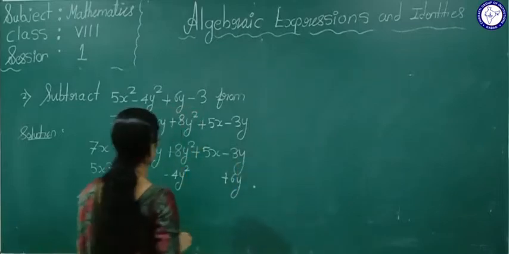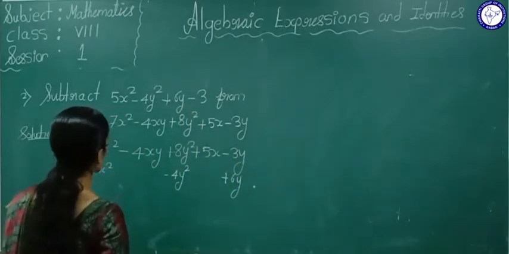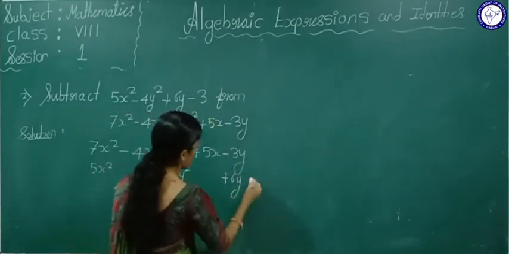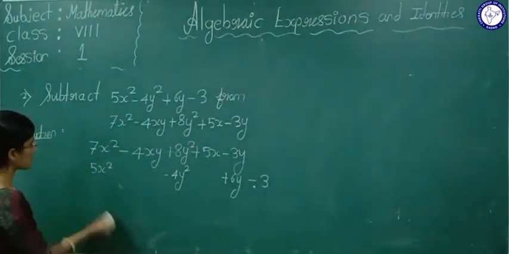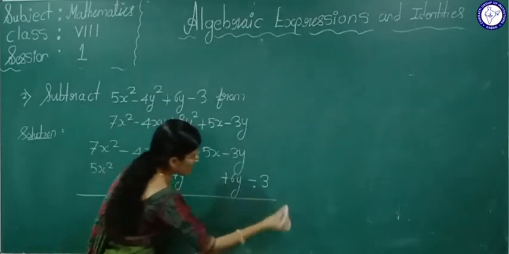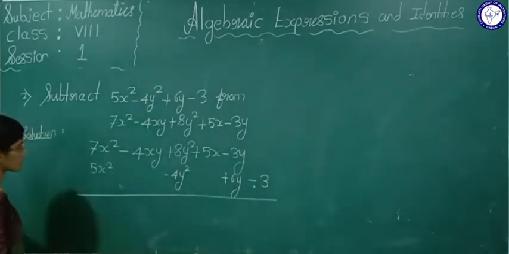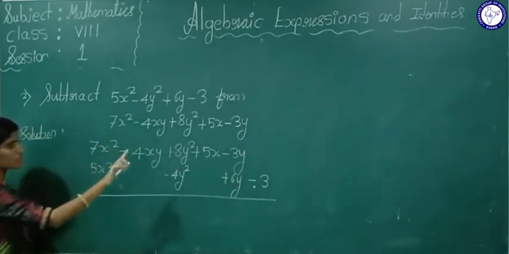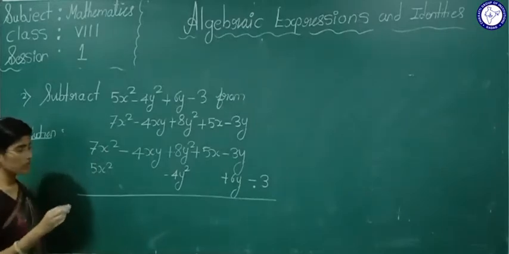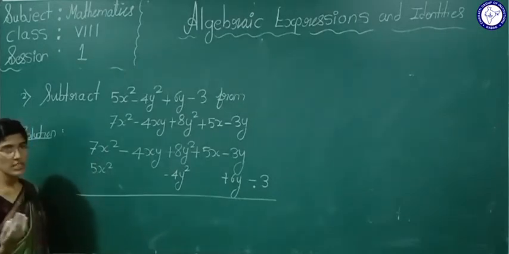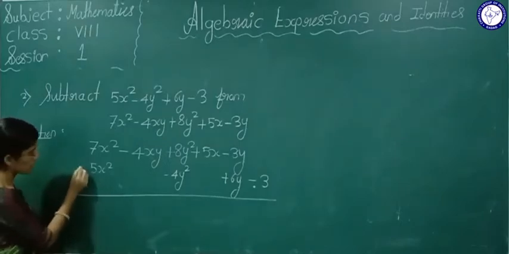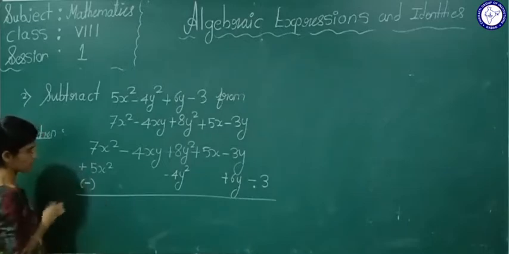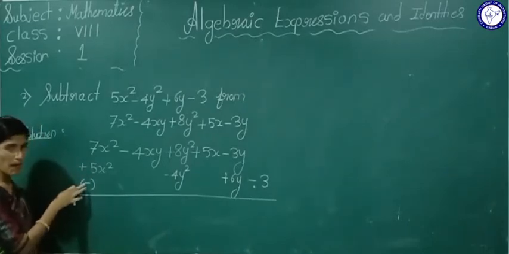Now see, what they have given is the constant minus 3. I will write here minus 3. Now see, it is a subtraction, right? You have to do subtraction. Now see, students, in case of addition, we should not have to change any signs at all. We are doing addition there. Here we are doing subtraction, no? Here plus 5 is there, which means this plus will become minus. You have to write here minus.